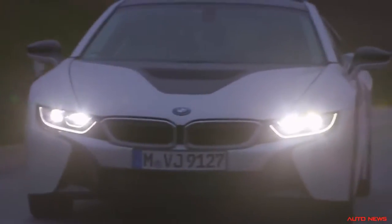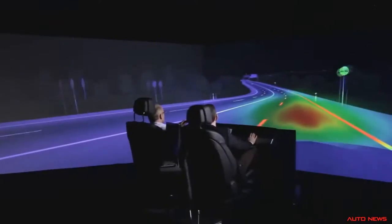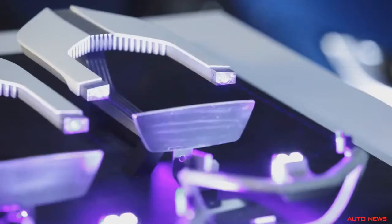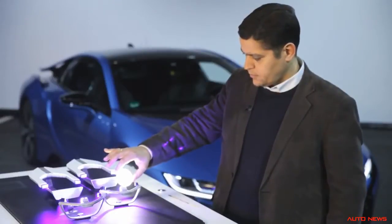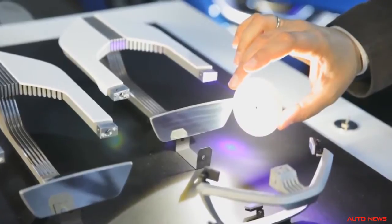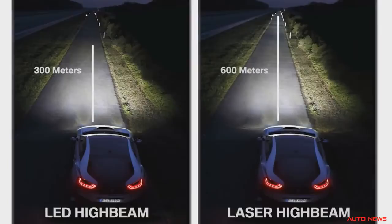The BMW laser light was invented and developed at the Research and Innovation Center in Munich. The principle works as seen in this model. A diode conducts the laser beams. A phosphorus membrane changes them into a pleasant white and bright light. The advantage of using high brightness point source is to make very compact systems and very efficient systems. And with this we managed to double the range of the visibility while keeping the size of the optics very